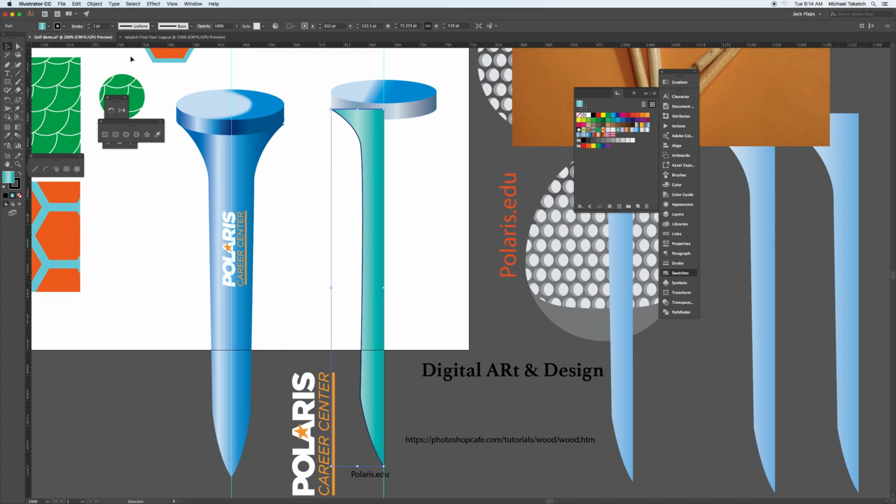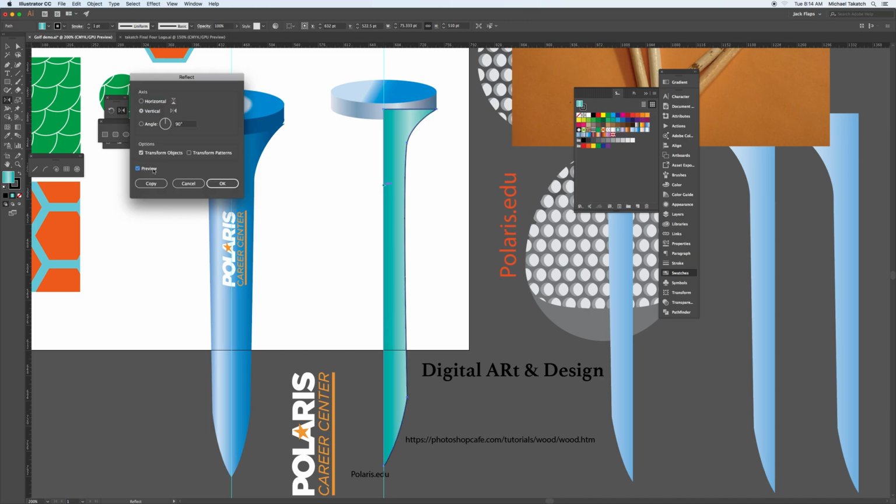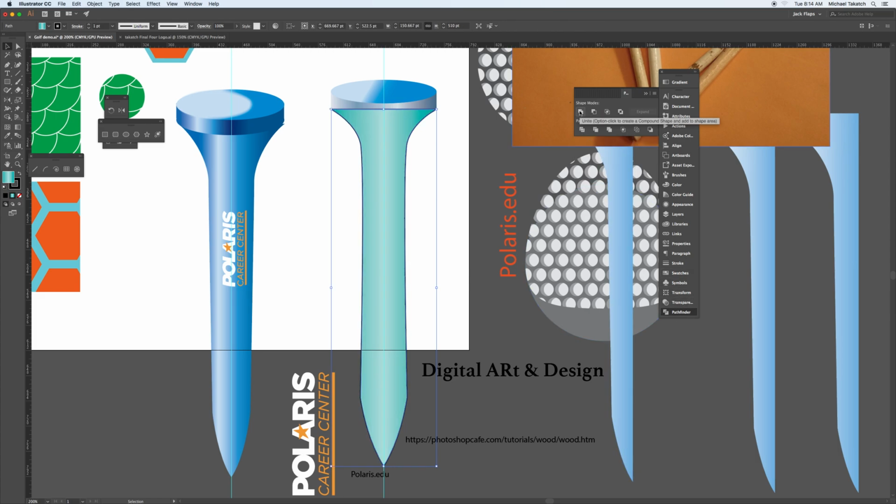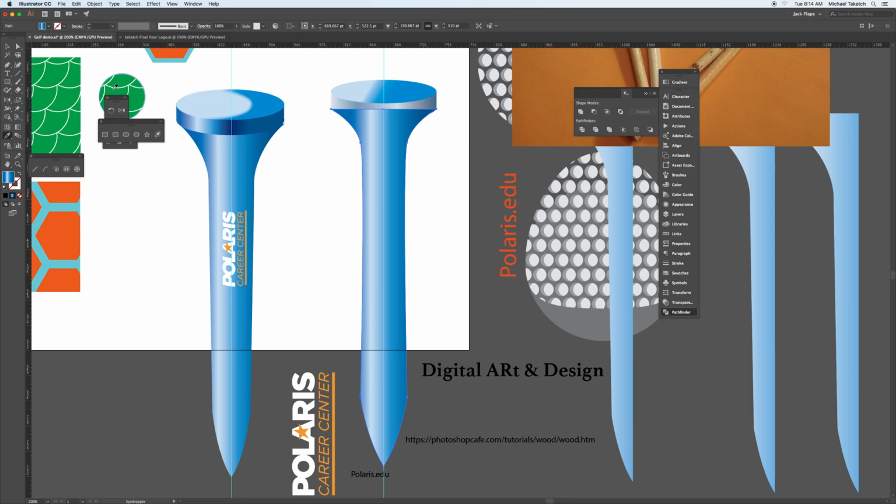So all you're going to do is flip this. Take the reflect tool. Just option click on the vertical line to flip it over. Preview it and copy it, so now I have this selection on either side. Okay, just go ahead and collect them both in the Pathfinder, make it one piece. Go back to the swatches or just grab the letter I to fill that with the shading and send it to the back. Okay, as you look, this could also be a little bit more tapered,